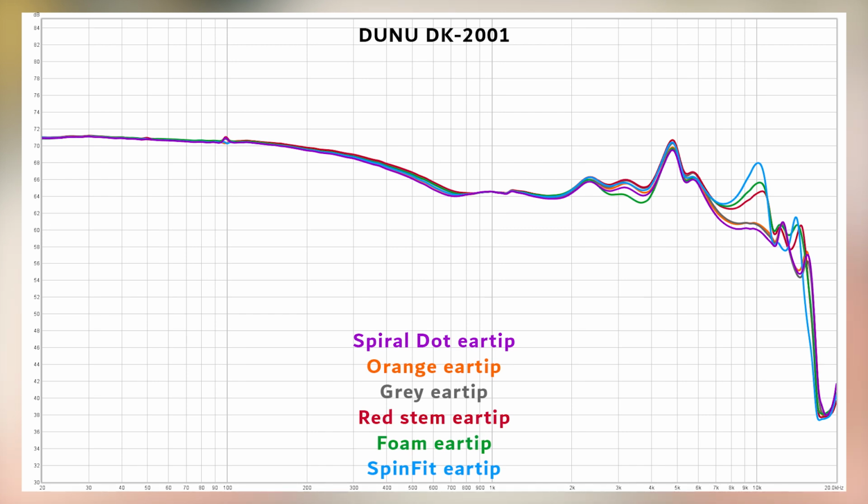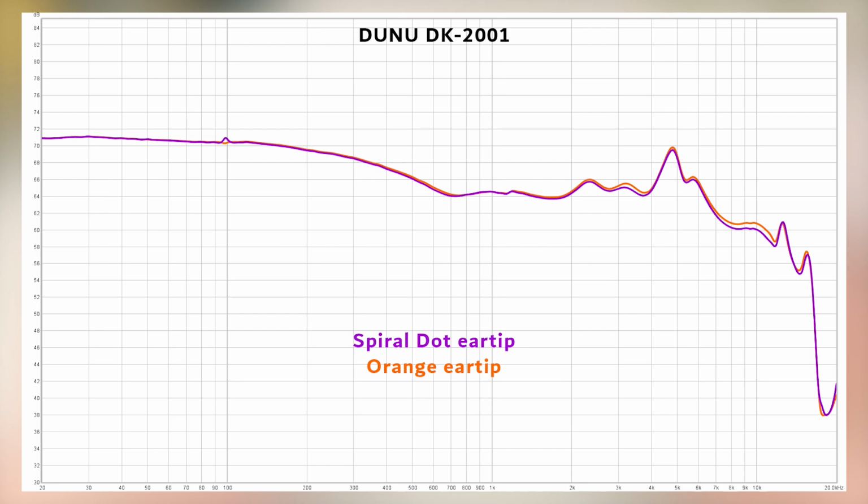At this stage, I'd say that between these tips and both the orange and the grey included tips, whichever you pick will have more to do with whichever you think looks better, as well as whichever you find more comfortable. Whilst sticking with the Spiral Dot tips, let's take a look at a few comparisons to some of Dunu's other